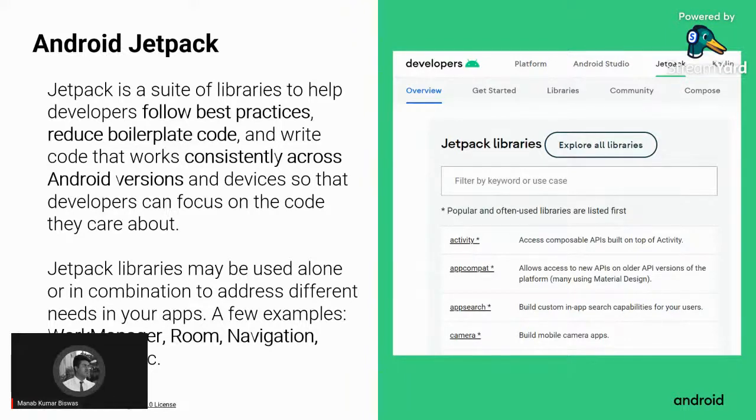So what we can be talking about here is Jetpack Navigation and how navigation using Jetpack is better than how you do it normally using intents. And also about Jetpack app architecture, which is a set of rules that helps you with structuring your data and your UI separately